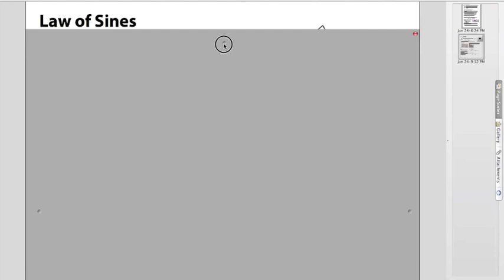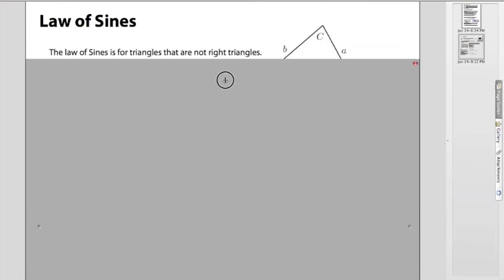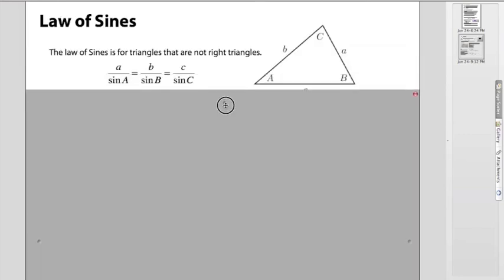We're going to learn today about the law of sines, which is really a tool to use with non-right triangles. The law of sines is basically a way of finding side length and angle measurements inside non-right triangles. And you see the formula there: a over sine A equals b over sine B equals c over sine C. Well, that's not a three-part formula. It just means that I can use any of the sides and angles to set up a ratio,